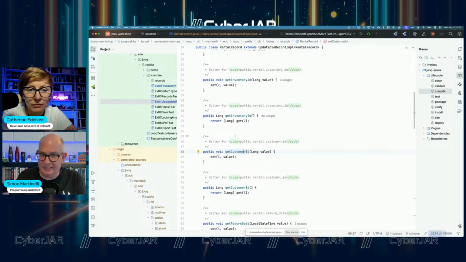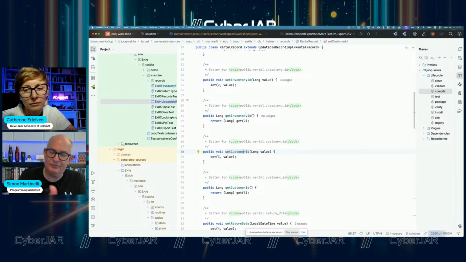So the customer ID, the inventory ID, these are the foreign keys to the other tables. With JPA, you would probably map the inventory as an entity, right? You would do a many-to-one mapping, for example, to the customer and a many-to-one mapping to inventory. jOOQ doesn't do that. So we don't do that here with jOOQ.